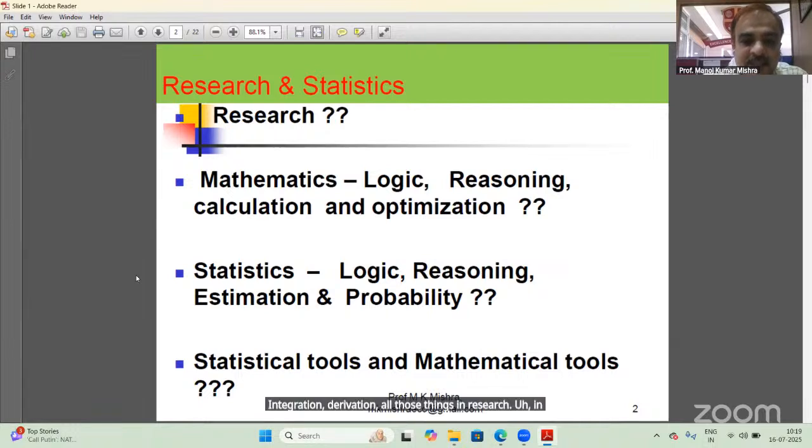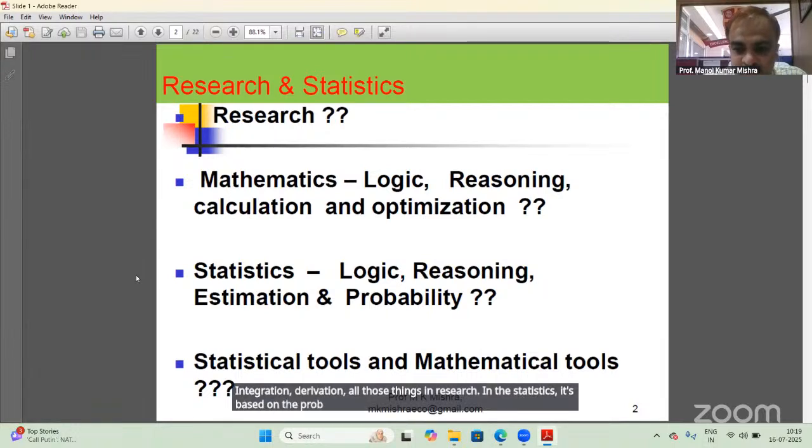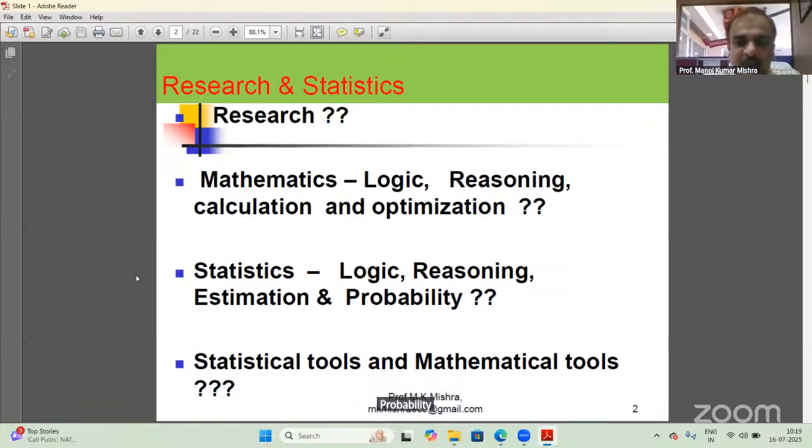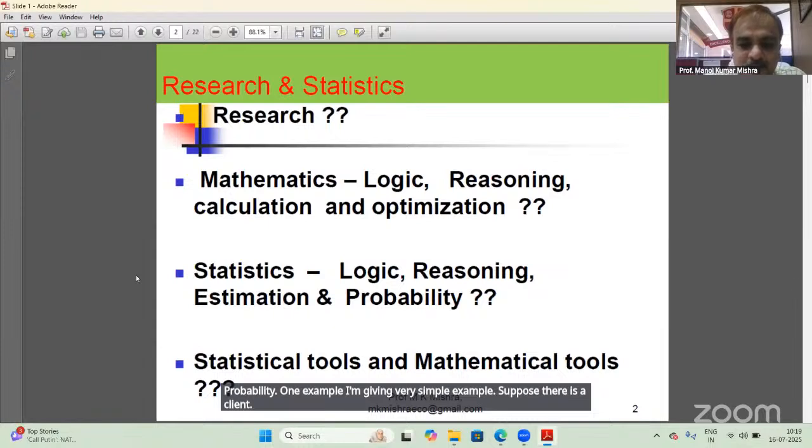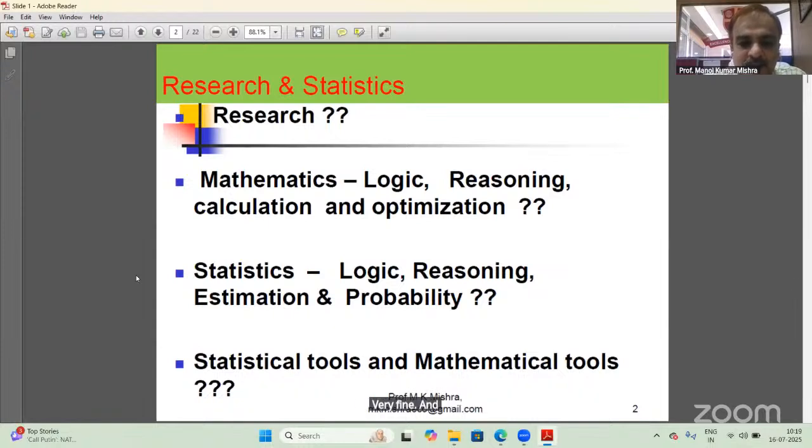Statistics is based on probability. One example I am giving, a very simple example. Suppose there is a coin, and the coin is tossed 5 times. You toss a coin 5 times and 4 times comes head. After tossing the coin 5 times, 4 times comes head. If we again toss the coin, what is the probability of head? According to mathematics,